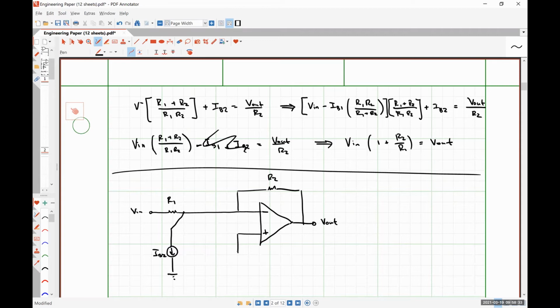And then here is our bias current IB1. So in this case, if we were to ground our input signal, we would still see some sort of offset, but that offset can be exactly corrected by placing